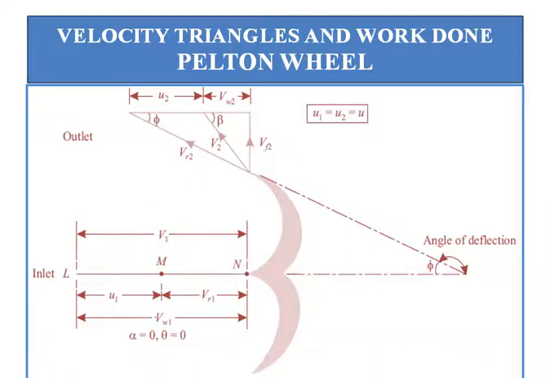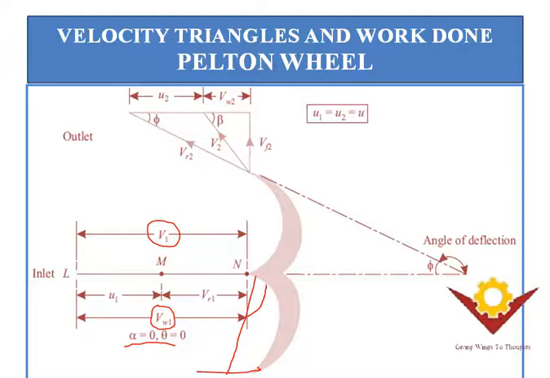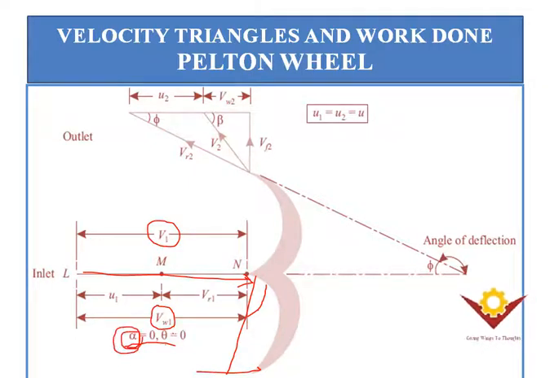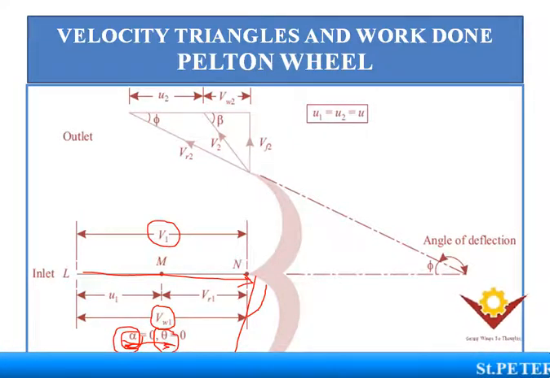See, this is the relative velocity with which it will move, and you can see here Vw1, the whirl velocity, and the absolute velocity are equal in the Pelton wheel case, and that too at the inlet. Clear? And here the jet is not impinging on the tip or at the middle with respect to some angle. So we don't have any angles. This is a total linear jet striking the blade. So here we have the jet angle equal to 0 and the blade angle equal to 0. This is your jet angle and this is your blade angle.